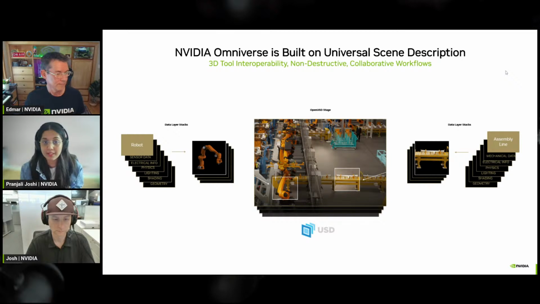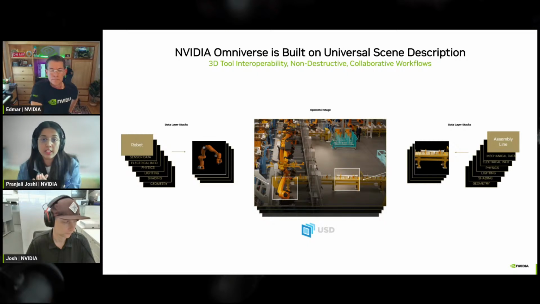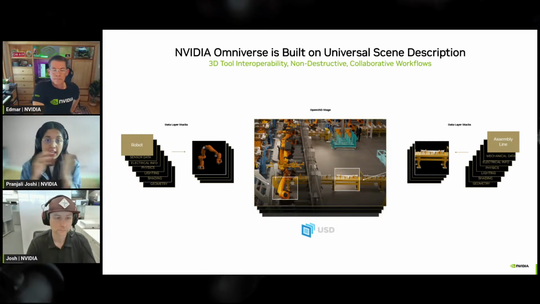Omniverse is completely built on USD at its core. It's enabling easy and lossless interchange of 3D data between the rapidly increasing set of tools and simulators that support the entire Omniverse platform. So think about it, it's not just a 3D format, right? It's a universal framework that we are using to describe, compose, and simulate all your 3D projects. So when you talk about it as a universal language, you understand that irrespective of what you're using to build that 3D scene, it's going to be one format that you can take out and use in a very good 3D scene.